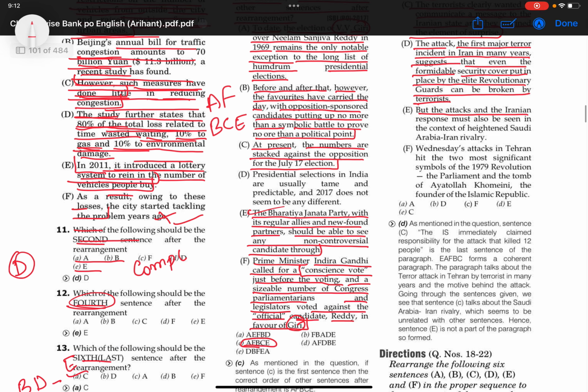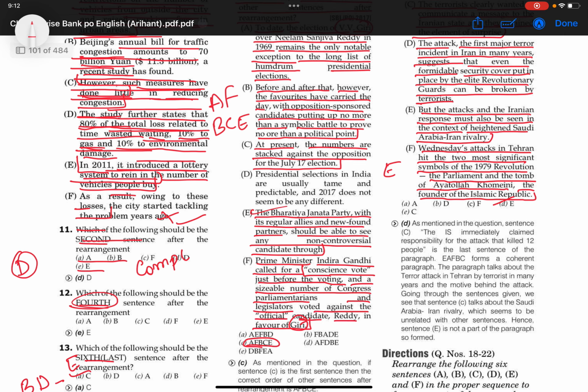But the attacks and the Iranian response must also be seen in the context of heightened Saudi Arabia-Iran rivalry. Wednesday's attack in Tehran hit the two most significant symbols of the 1979 revolution, the parliament and the tomb of Ayatollah Khomeini, the founder of the Islamic Republic। अब इसका आंसर हो जाएगा डी, ई आंसर इसका सही हो जाएगा।